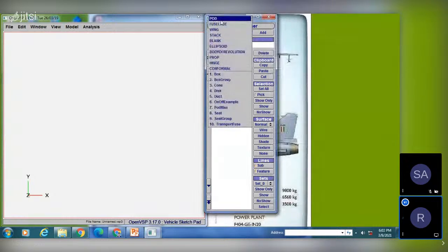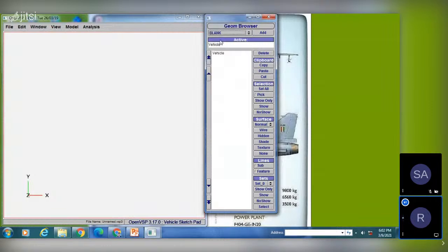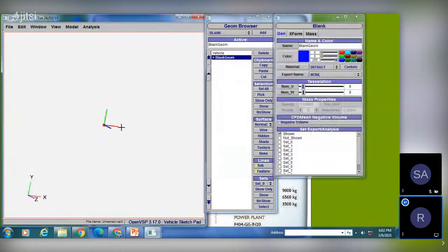Fuselage, wing, pod, stack. Okay, and next we have the blank. I will not talk anything about the blank because it's just a blank component. If we add this blank component, then we will get a blank where you can fix your model. So this is just a blank component. There is no geometry. If you need any such blank component, then you can add the blank component and you can add geometry